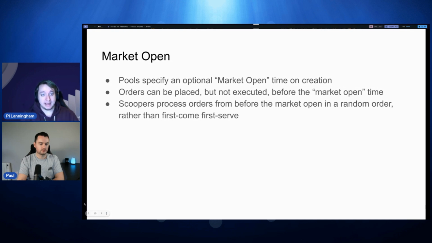You can create your pool, say, hey, everybody, here's the pool, you know what pool to trade against. You can place your orders, and you can be sure that the trading won't happen until that specific time. Then everybody gets the fairest advantage because orders are processed in a random order.